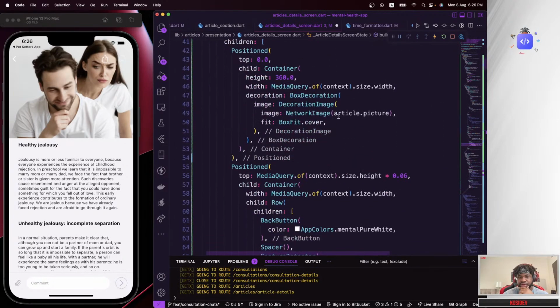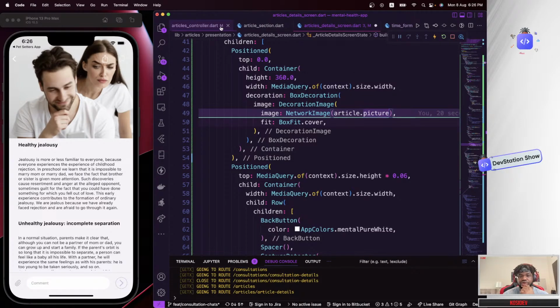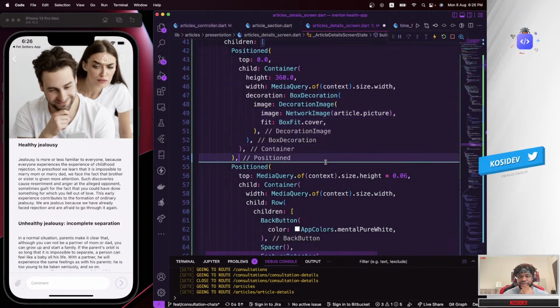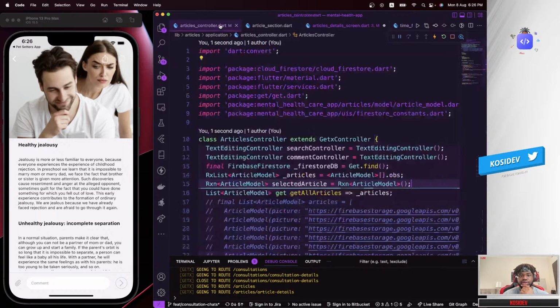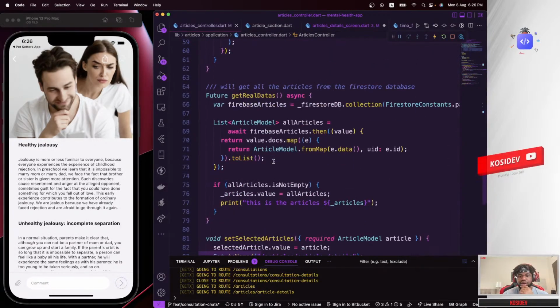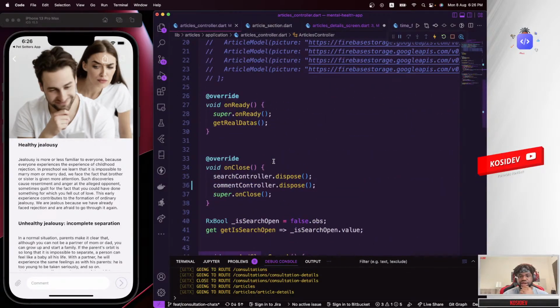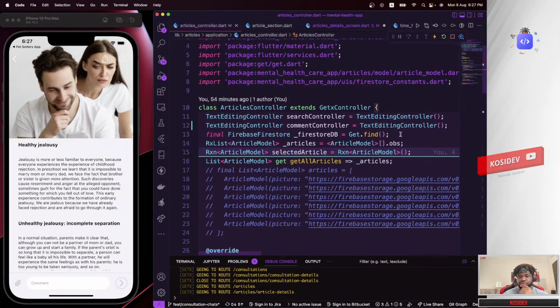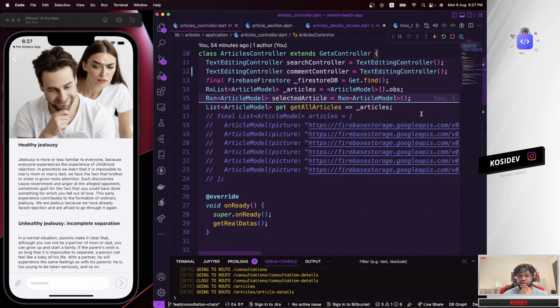So let's figure out. So we have article picture. Okay, article picture kind of gets the picture of the psychologist, but that doesn't include the psychologist availability and all those stuff. And we could actually change that from our articles controller, and I could say something like have a variable over here,